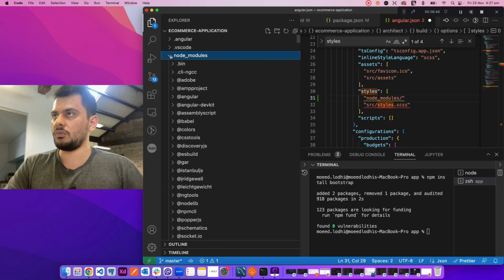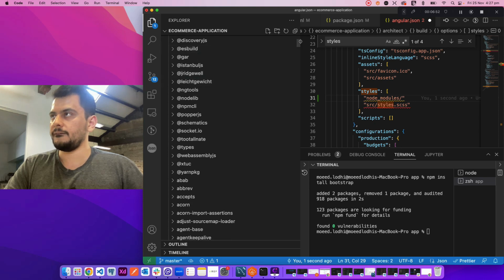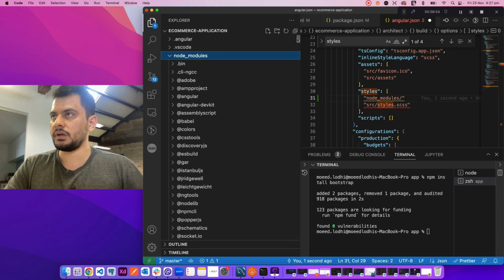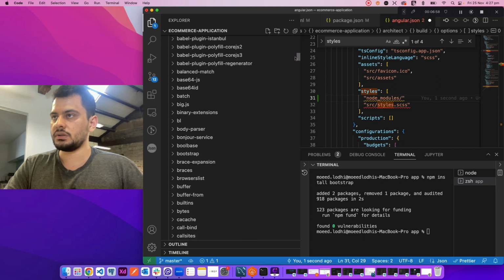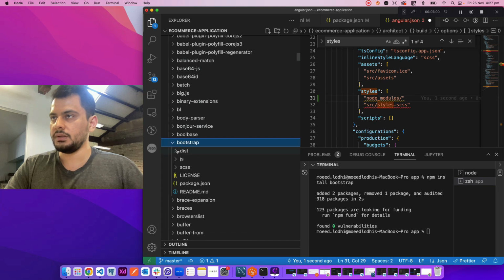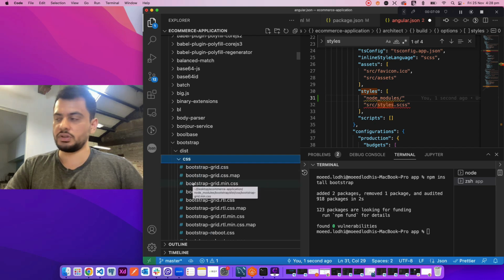So if you go into node modules, we scroll down and we should see Bootstrap over here somewhere. Let's see, yeah, there's Bootstrap over here, dist, css. So yeah, we need to give it the address of this particular file,